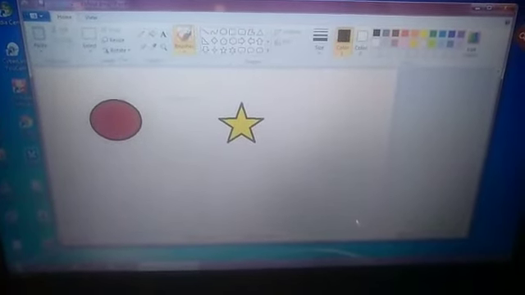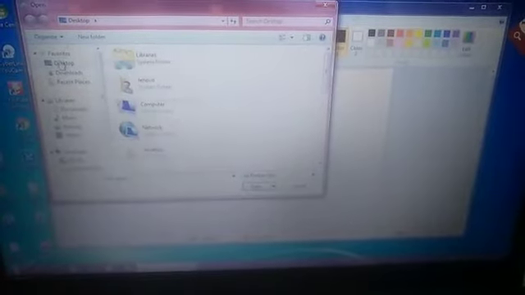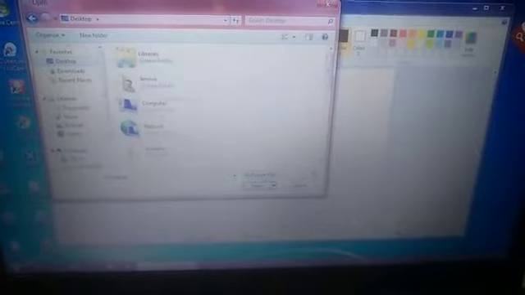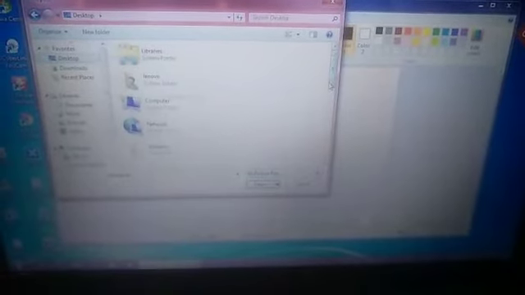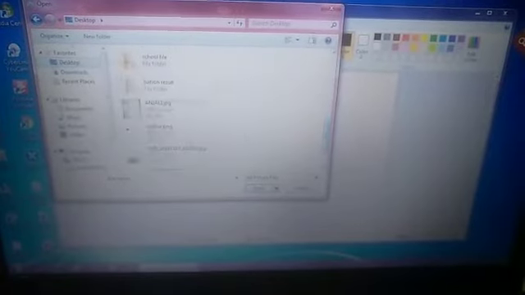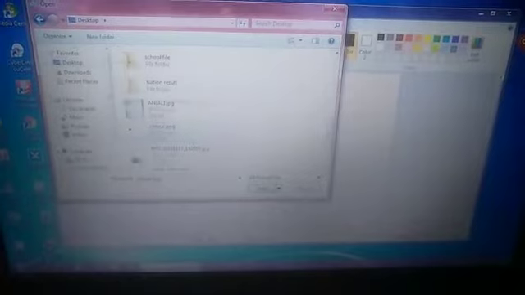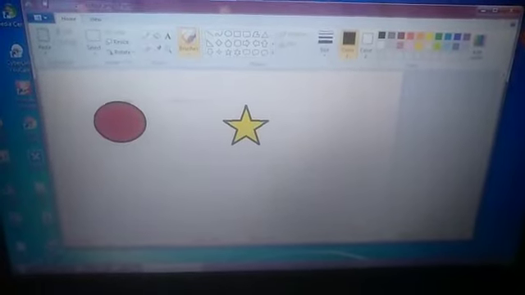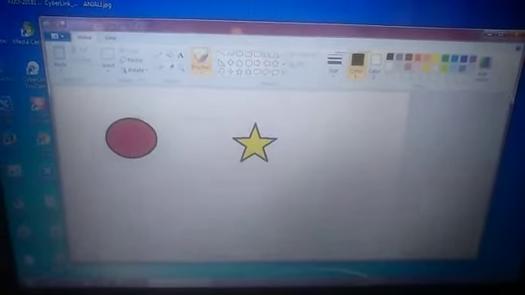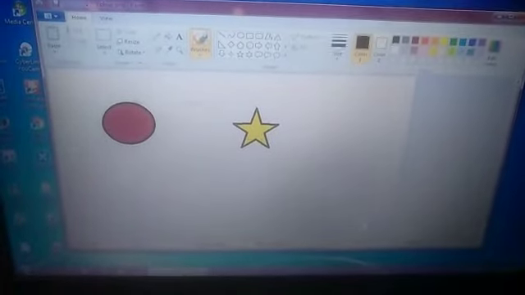So how to open it? Go for the file tab, go for open. There you will select where you have saved the last class file, on desktop. So choose desktop. All the names which are on the desktop will appear here. You go for the name which you have given. We have given color. See, this one is your color. Just click it and open it. See, so like this you can open the saved file in your computer.